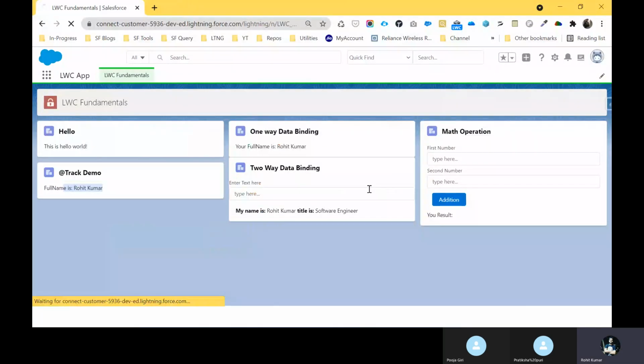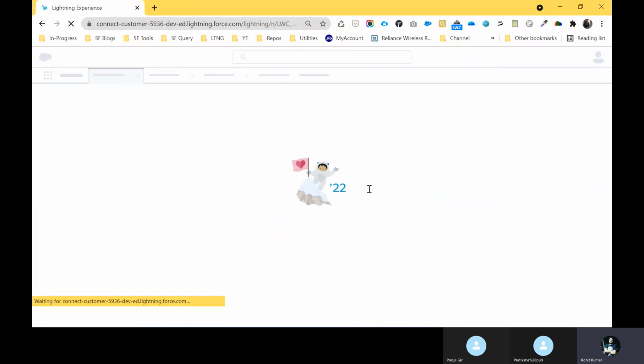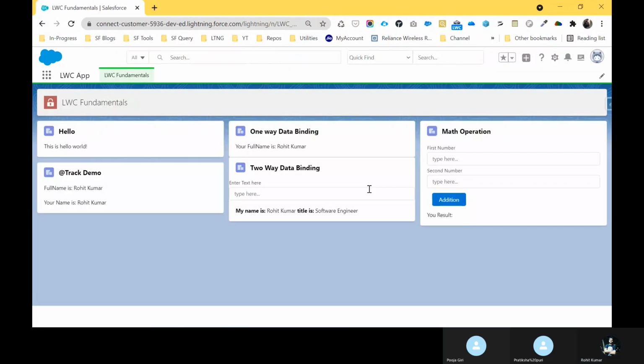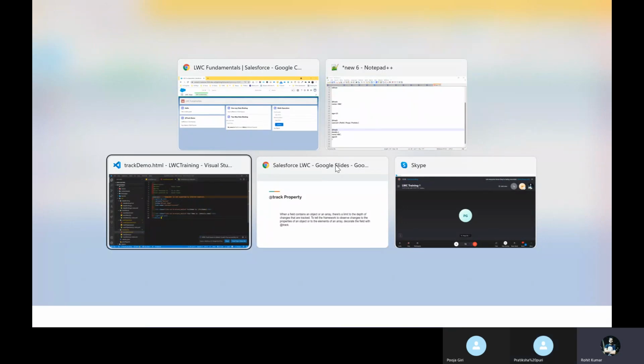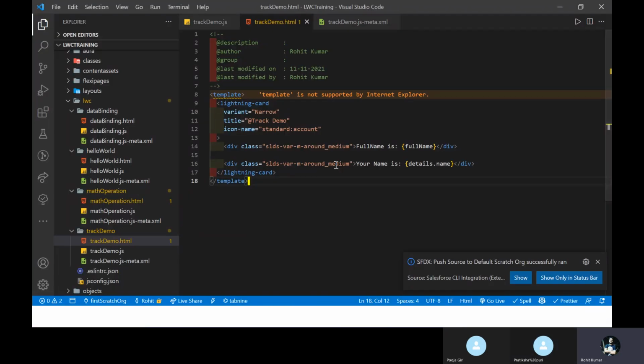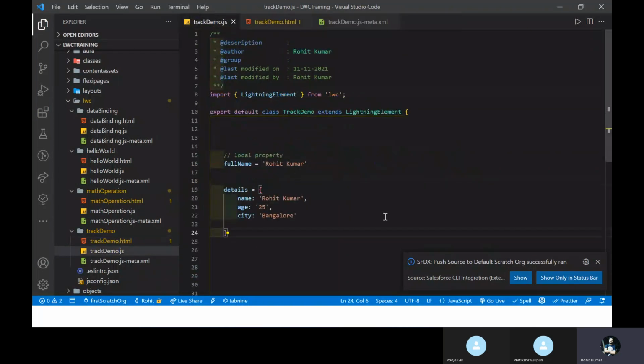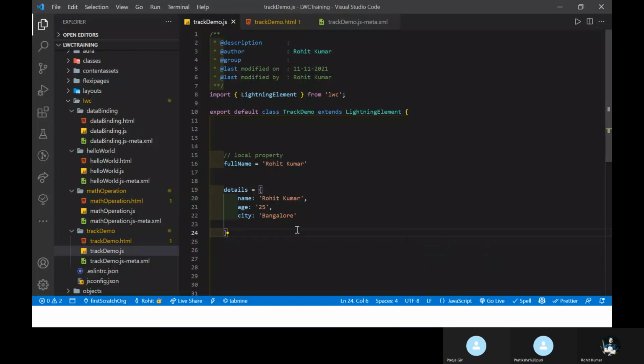Now it's time to check whether my full name is coming or not. You can see in the new line, your name is Rohit Kumar, right? You haven't used the let in that object. I will explain this one, please have patience. I will go one by one, so you can easily understand each and every term. For now, you can easily understand this object. After some time, I will explain that.